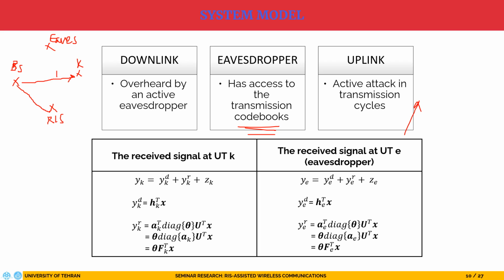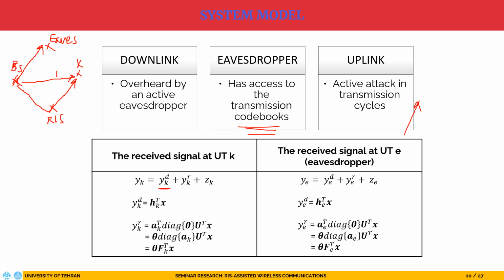It has another choice to get through this way: it sends a signal to the reconfigurable intelligent surface, and it is reflected to user K by tuning the phase shift of the RIS and the precoding vector at the base station. The signal can also be received by the active eavesdropper, which previously contaminated the CSI and channel estimations done by the base station. So the received signal at user K